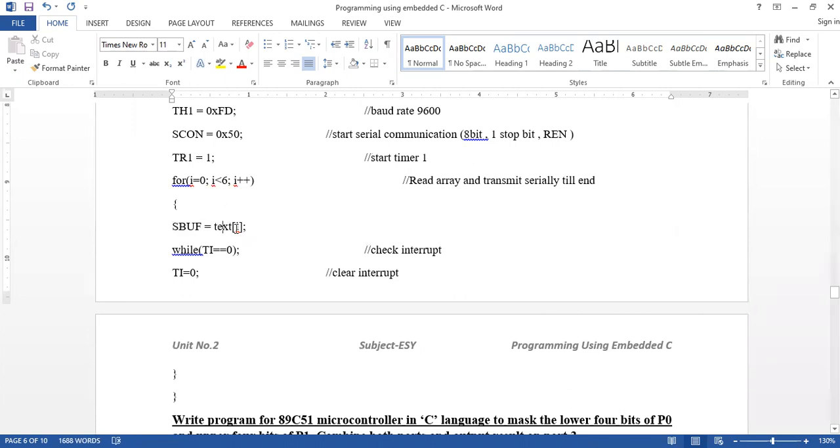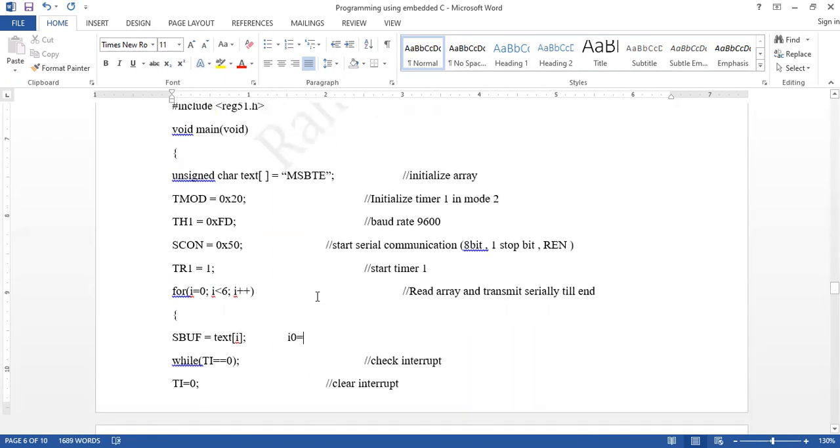Text of i, initially i is equal to 0. If i is equal to 0, which letter is loaded in SBUF? M is loaded in SBUF when i is equal to 0.